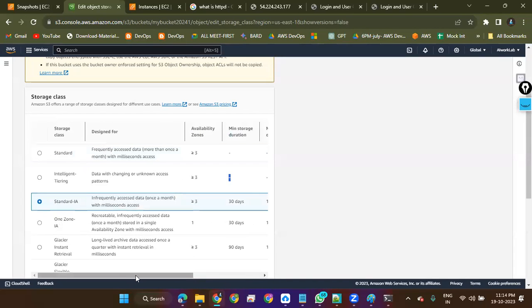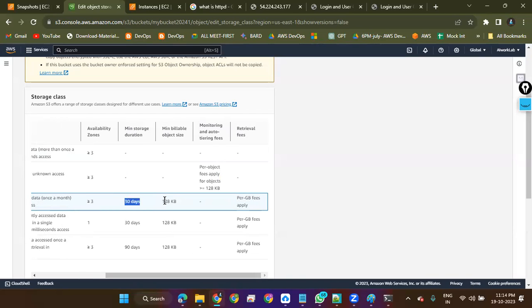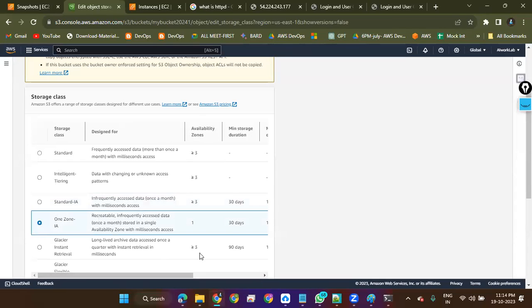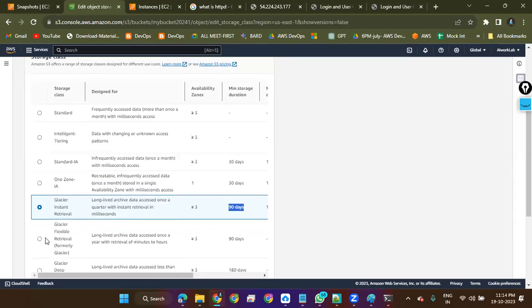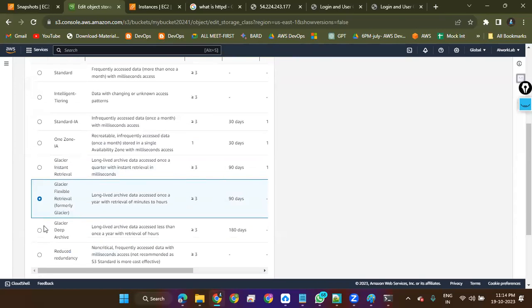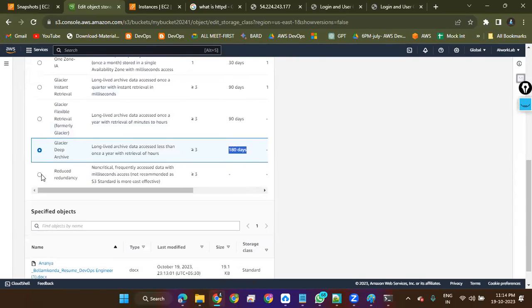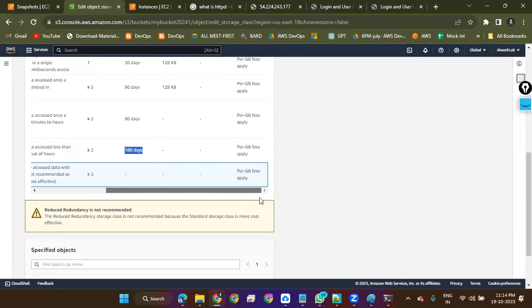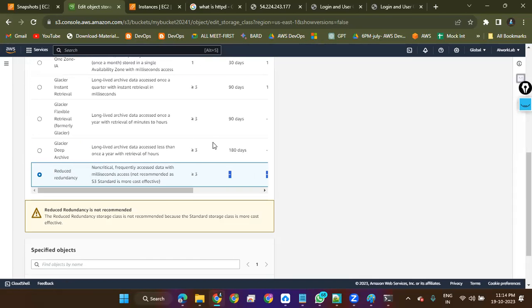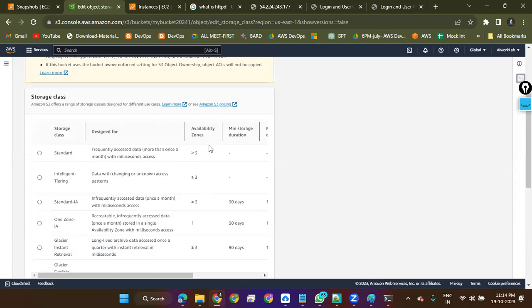Standard IA, 30 days, charged per GB. One Zone IA, 30 days. Glacier, 90 days. Glacier Flexible, 90 days. Deep Archive, 180 days. Reduced redundancy, used in very rare cases. Like this, the storage classes are defined.